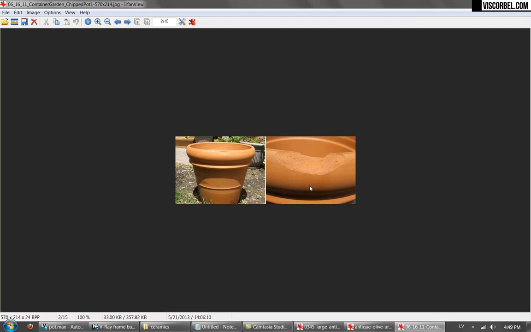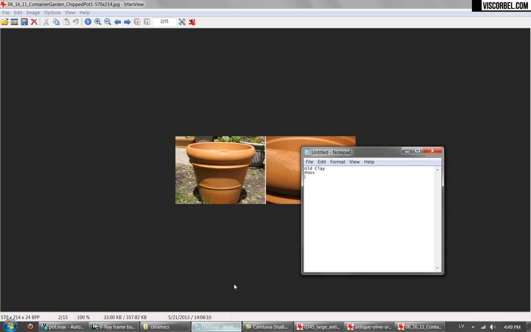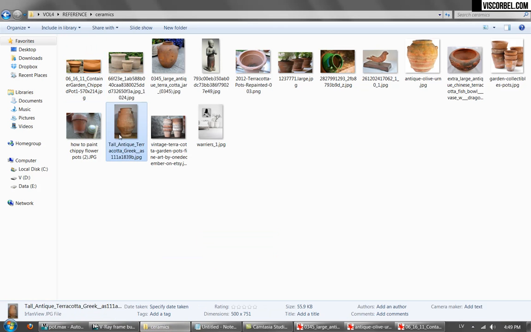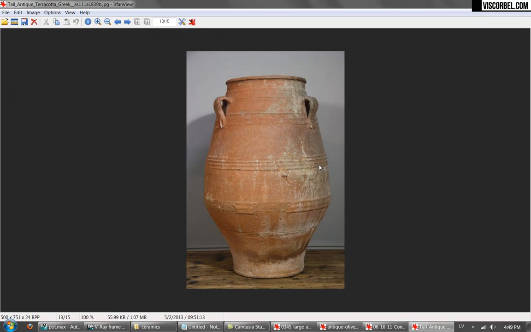So the reflections are different, the diffuse is different, everything is different. So that's gonna be clay clean,